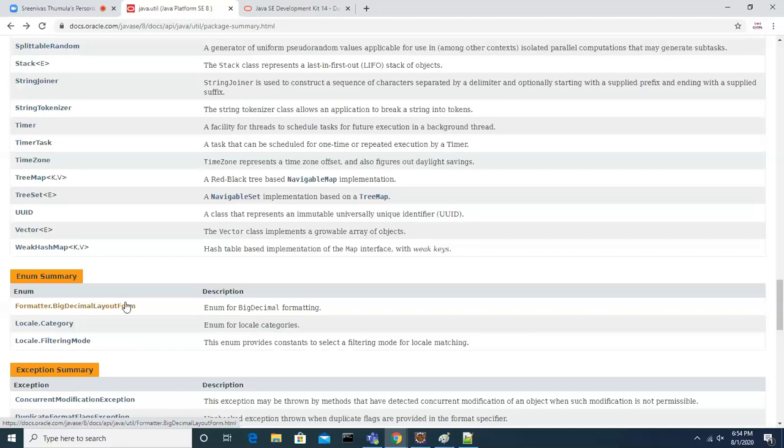Let's go and see that array list, guys. Look at this array list. So array list is available from which version, guys? From which version is it available? Array list?